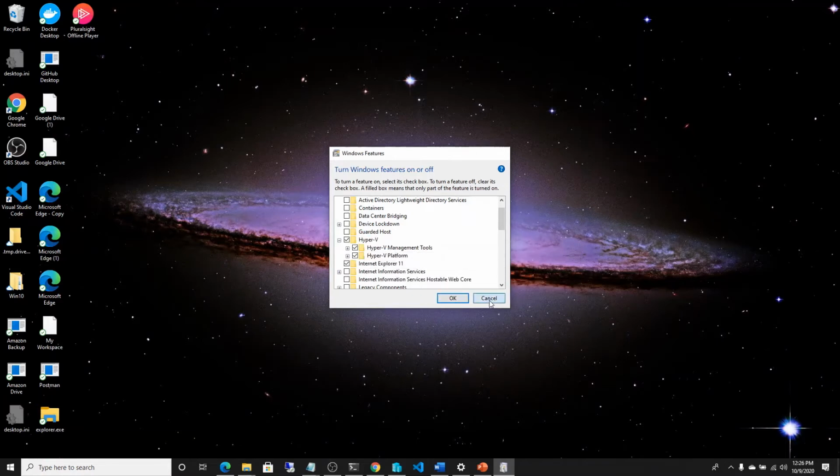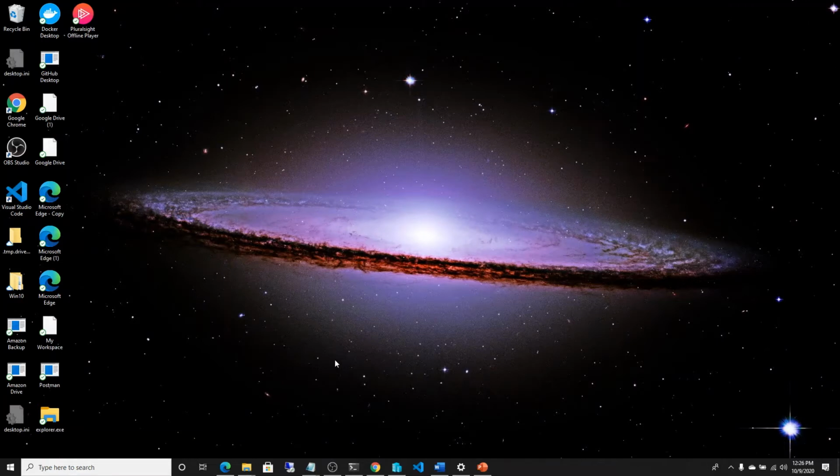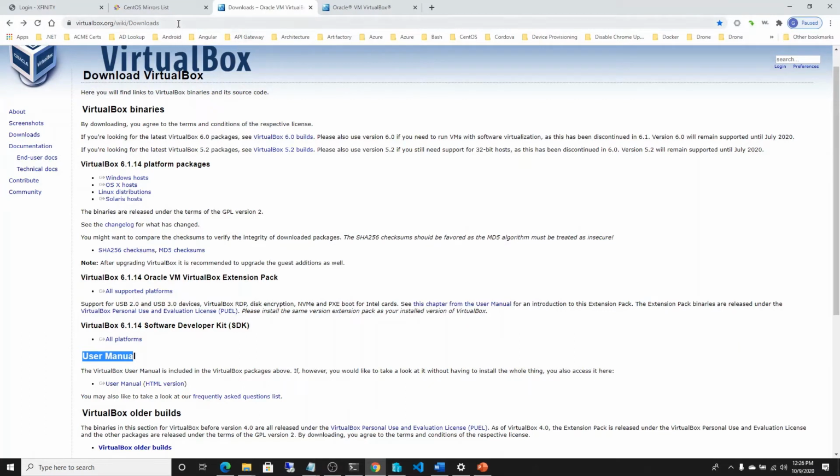And that's it. For those who don't have Windows 10 Pro version, instead they have Home, you can install VirtualBox. If you go to virtualbox.org and go under the downloads,